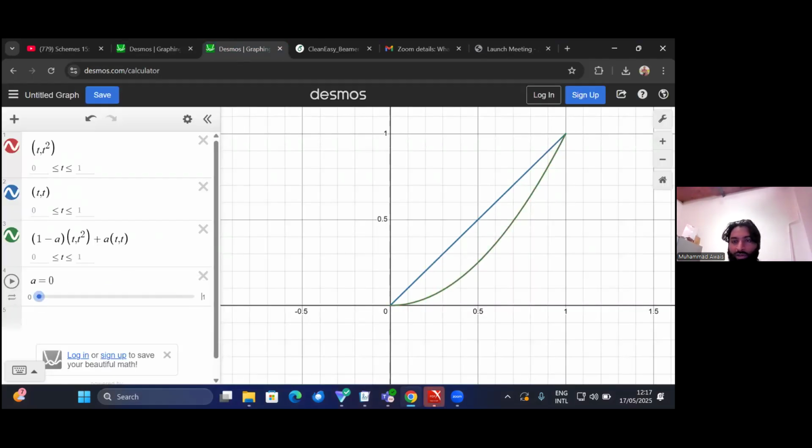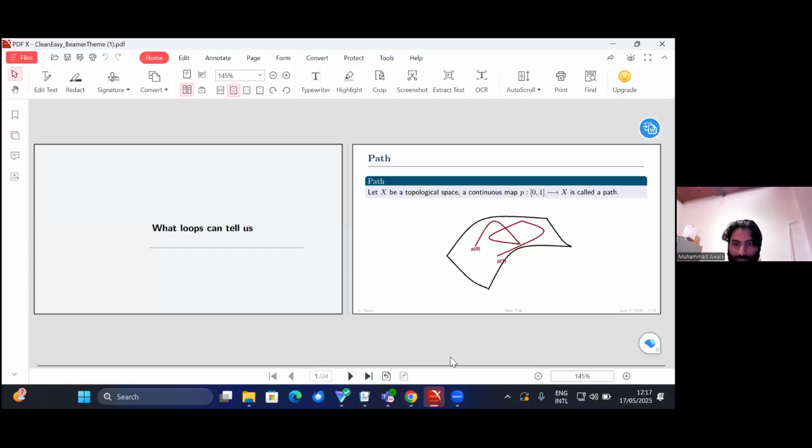I have two paths, let's say a green and a blue one, and their starting and end points are the same. Now I define a homotopy, which one can see here. When I move with respect to time, you can see I'm moving one path to another path, but throughout my journey, I am not leaving the endpoints. So this kind of homotopy is called homotopy relative to endpoints.